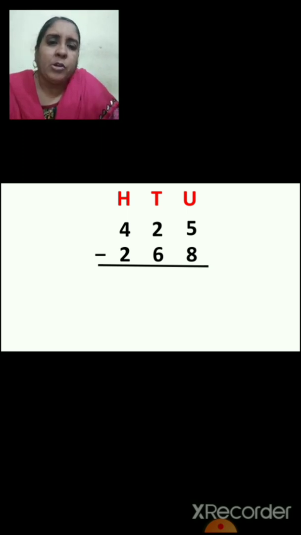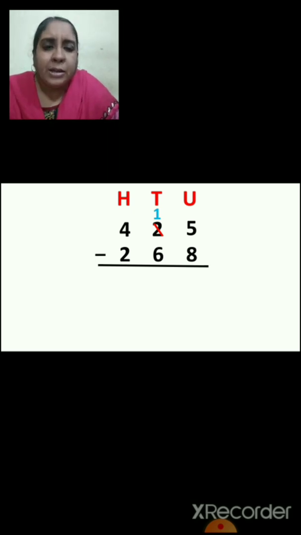Now again we are going to start from the units place. Now see the numbers in units place, 5 and 8. Can you subtract 8 from 5? No, na? So what you will do, you have to go to tens place. In tens place there is 2. So you will ask 2 to give you 1. So what you will do? Yes, you will cut 2 and place 1. Now out of 2 you can take 1 ten to units place.